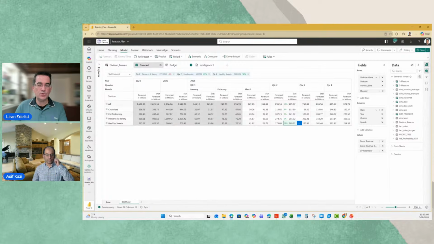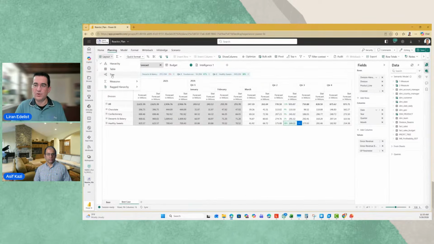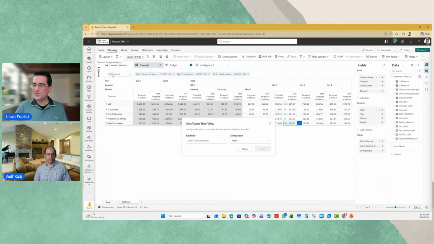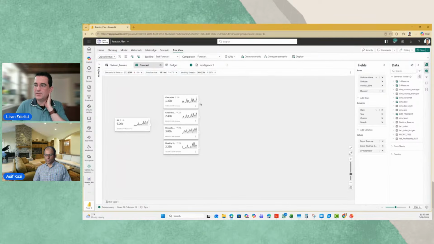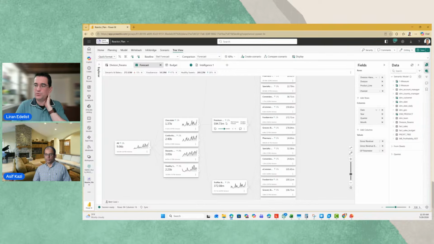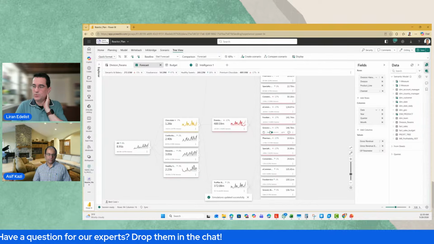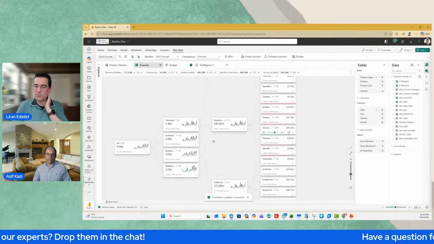In case we're doing something that is more sophisticated than that, in case we actually want to say, well, I do a driver-based planning with a lot of rules and calculation, we actually have another view for that. This is, I call it, our iconic view style, where I can say, okay, my baseline will be the statistical forecast, and I will compare that to my regular forecast. And this is kind of a tree view that allows you both to simulate directly on the tree, as well as seeing what is the simulation impact.